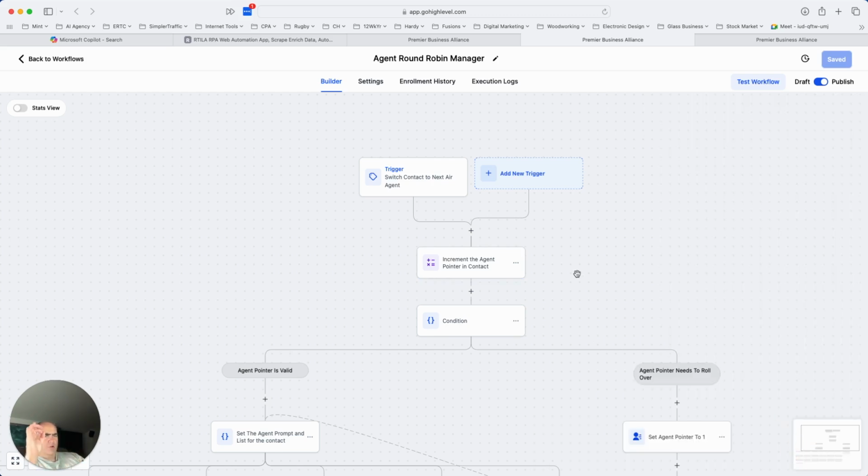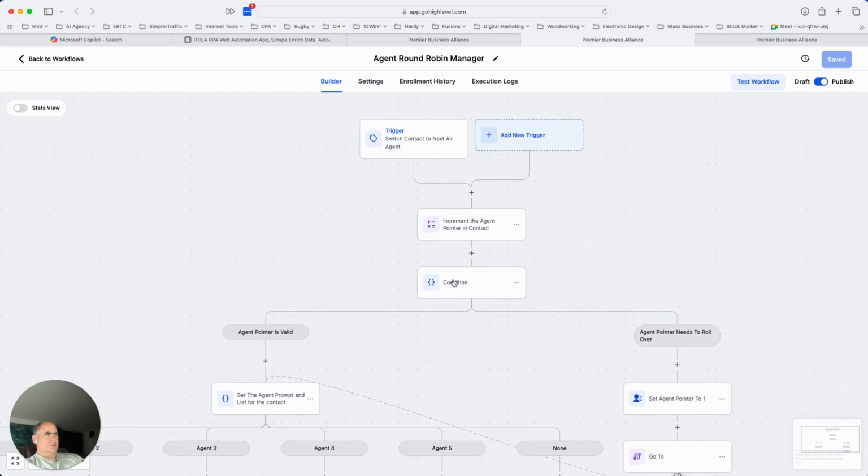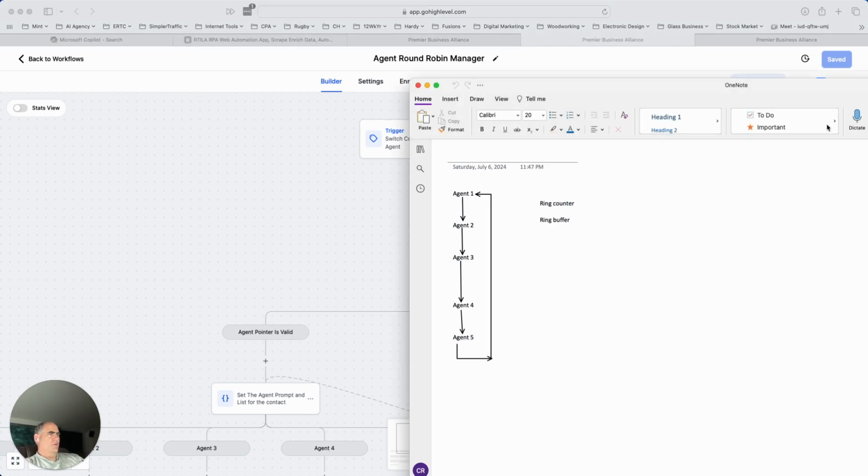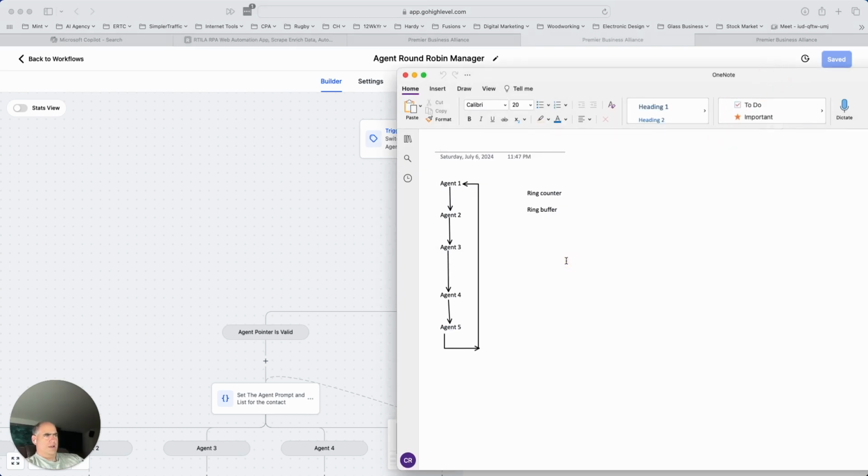So I start the agent pointer out at 0. When I first create the contact, it goes to 0. So then the first time I go to use it, I increment it, and right here is where the logic is for the ring buffer. And what I mean by a ring buffer or ring counter is this. It goes from agent 1 to agent 2 to agent 3 to agent 4 to agent 5. And I'm using a variable called the agent pointer,